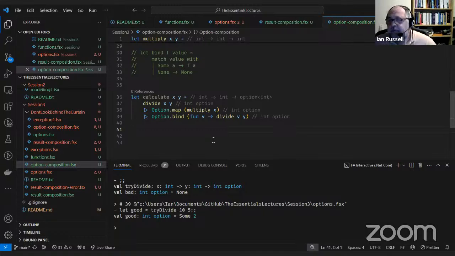Yeah, but the important thing to remember here is option.map, option.bind, result.map, result.bind. They're consistent in the way that they work, and they're actually simple functions. Most of the solutions to problems that you have in composing functions together in F# will be other functions, and they'll generally be simple functions.